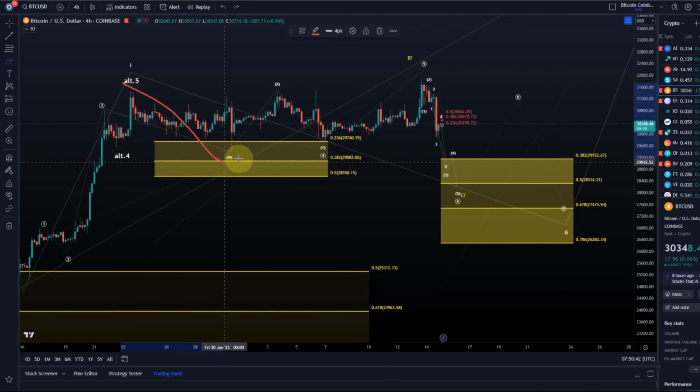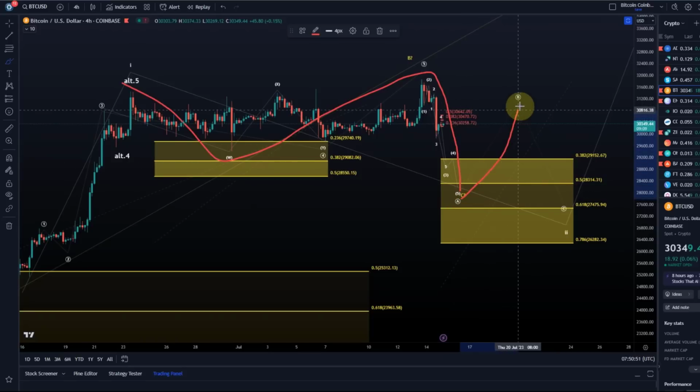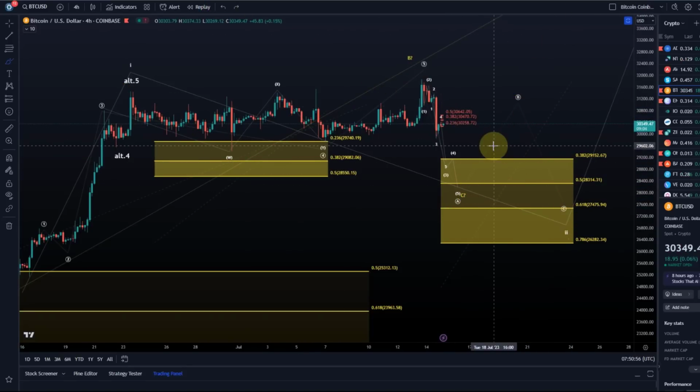A wave, B wave, C wave. In this case, when we turn around in this area, we would not have another up and down, but instead we could go more directly. These are the two scenarios, which are basically one scenario. It's just a different way of labeling the wave 2, so I would not personally see them as different scenarios. It will have an impact down here in the support area, to keep it simple.